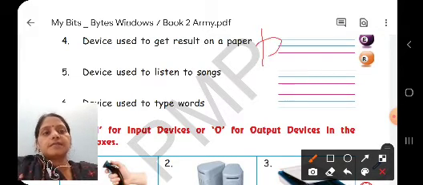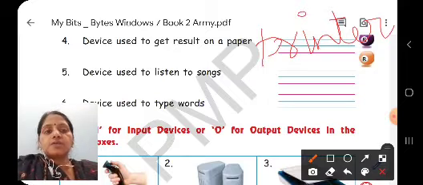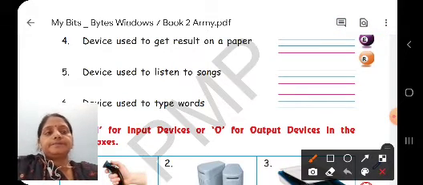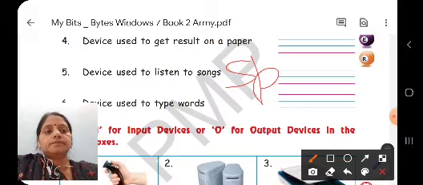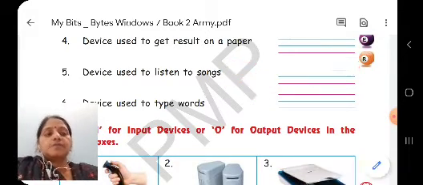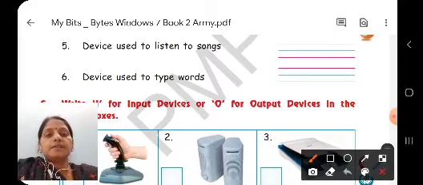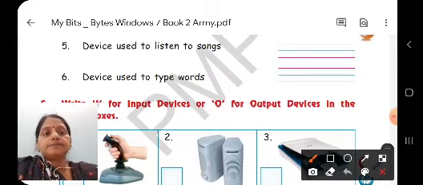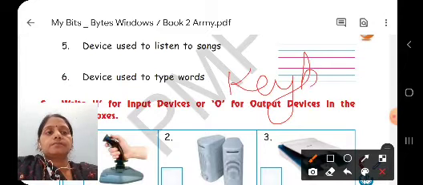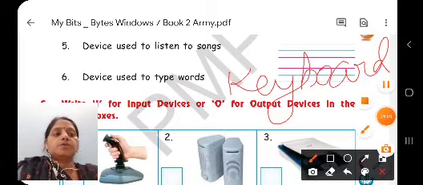Device used to listen to the song is speaker. Then last one is device used to type words is keyboard.